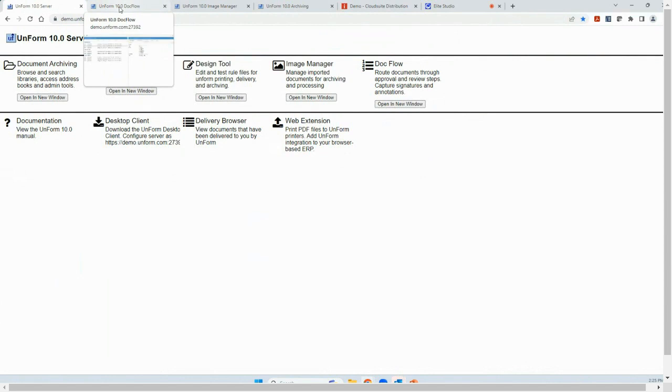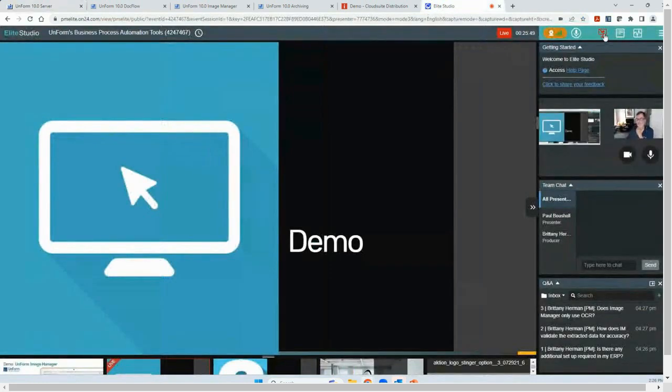It's just a very high-level overview of some of the capabilities of UnForm and how we can help you automate different processes within your business. The goal here is to minimize data entry so that you can focus on problem resolution or more important tasks, like maybe driving revenue. That's the whole goal: to help automate those routine transactions so that you can focus on those things that need more attention.